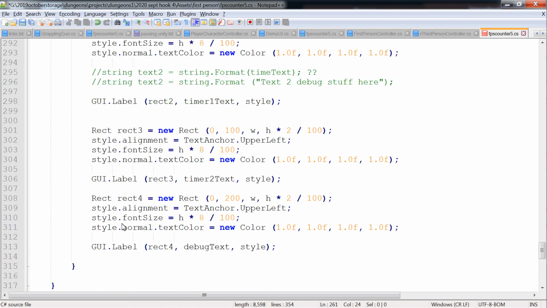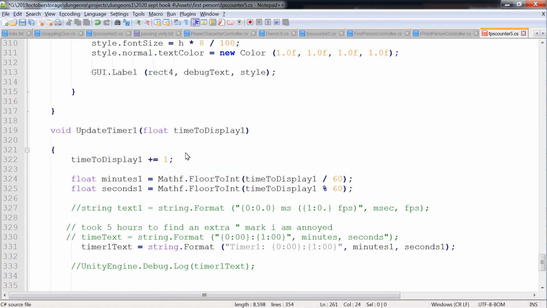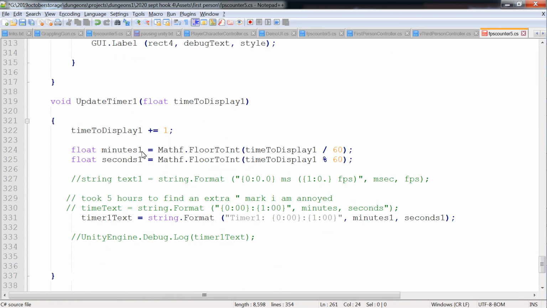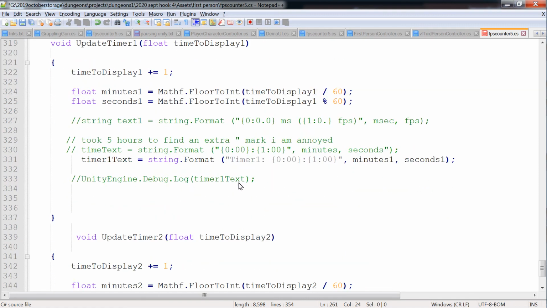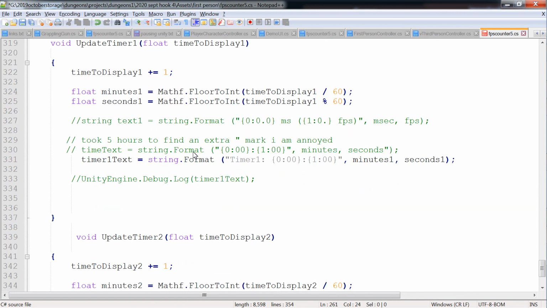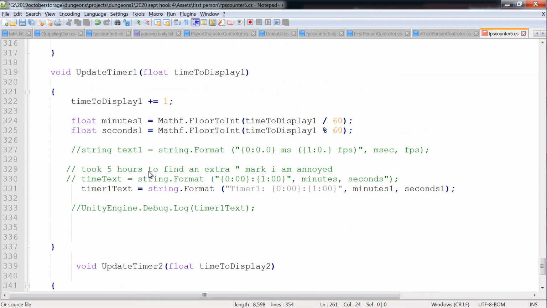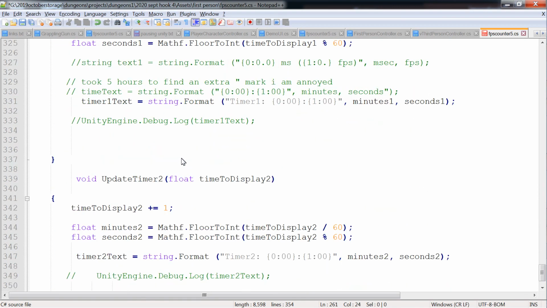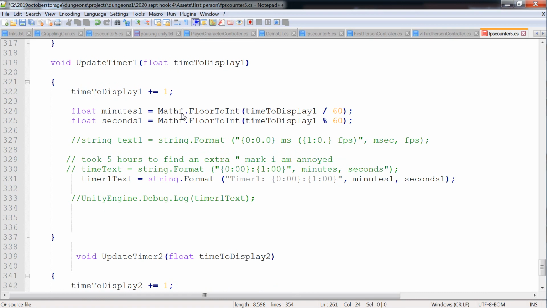The third one gives you timer 2, and the fourth one gives you the debug text. Then update timer. This is just showing timer 1. I separated them out. I'm pretty sure I could have combined them into one function, but I decided to completely separate them because I was having problems with an extra quote here. I was having problems getting this to work, so for debug purposes and to make it easy to follow, I made two separate functions. Unless it's absolutely essential to crunch the code into incomprehensible stuff, I think